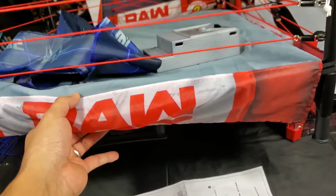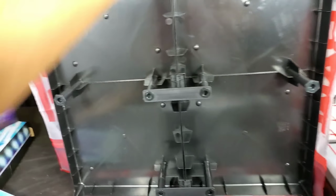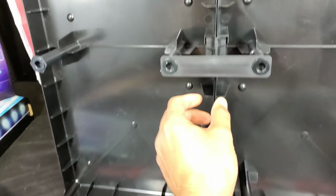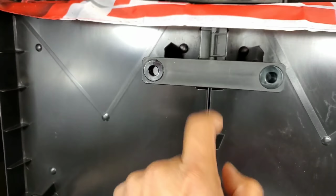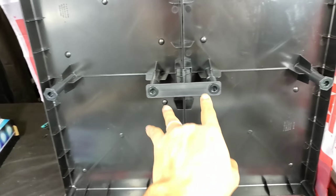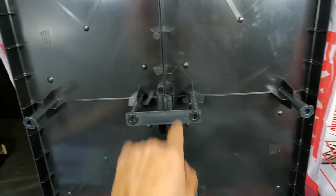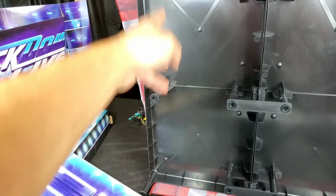I'm going to show you the guts of it all. I'm going to flip it and demonstrate how this all came together. You can see right underneath this piece right here, there is 1, 2, and there is 3 clamps. That's what's going to really keep this piece right here all together. And then once you've done that, you got to add the elevation base pieces. So you get 3 right here in the middle, and you get 3 on the right and 3 on the